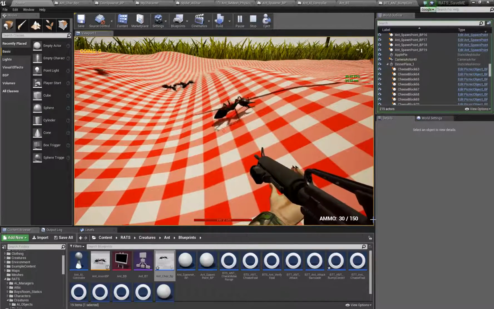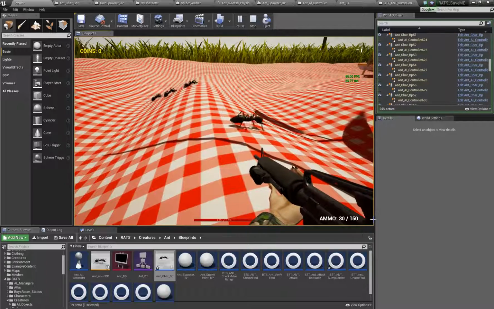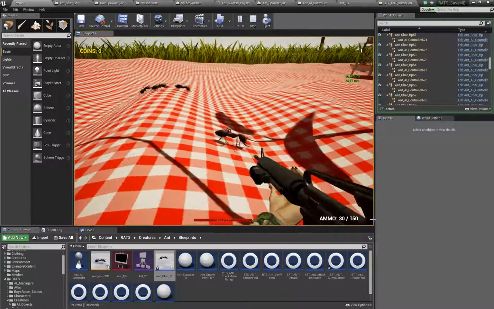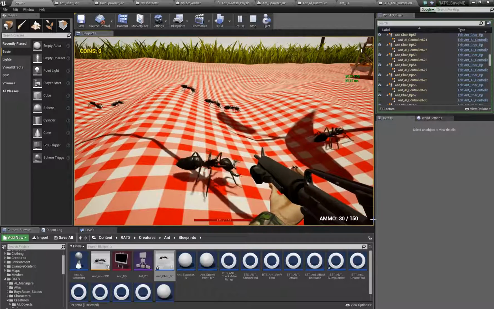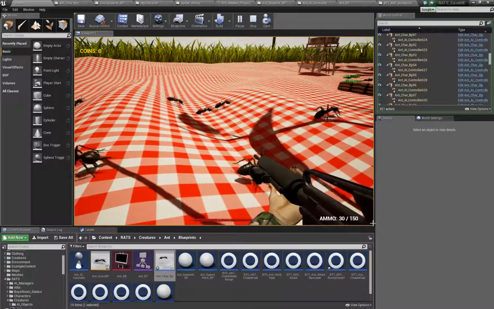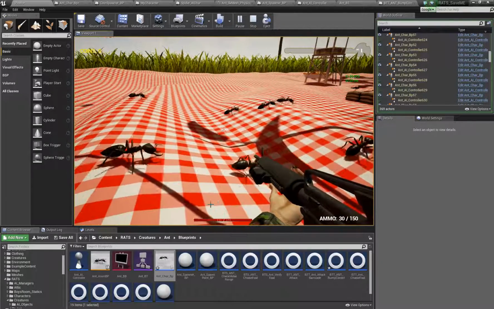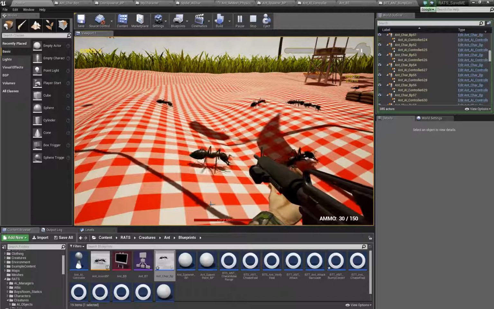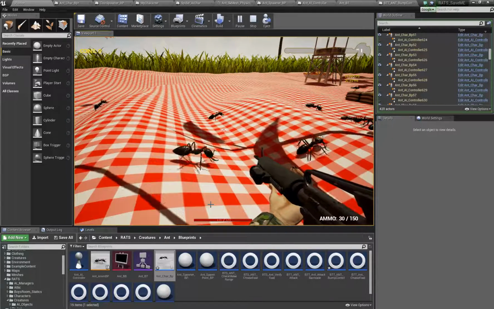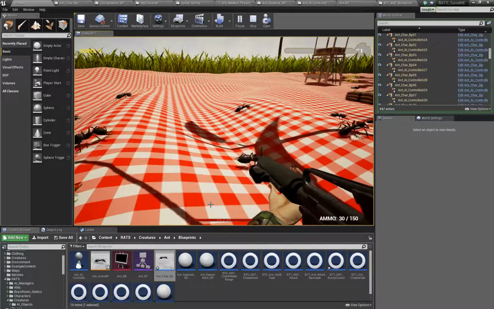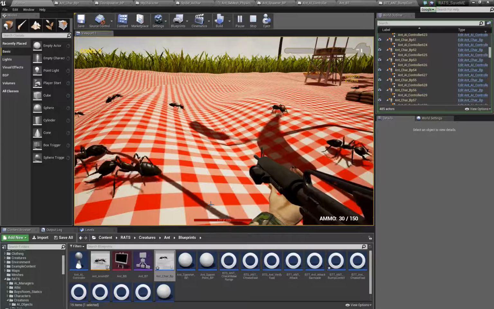Tick, tick. See. Every half second. Tick, tick, tick. Yeah, it's fairly ticky. I mean, I can see it happening. You know, I'll be honest with you though, it's not as abrasive as I thought it would be. It's very obviously, yes, it's just setting it every half second, but